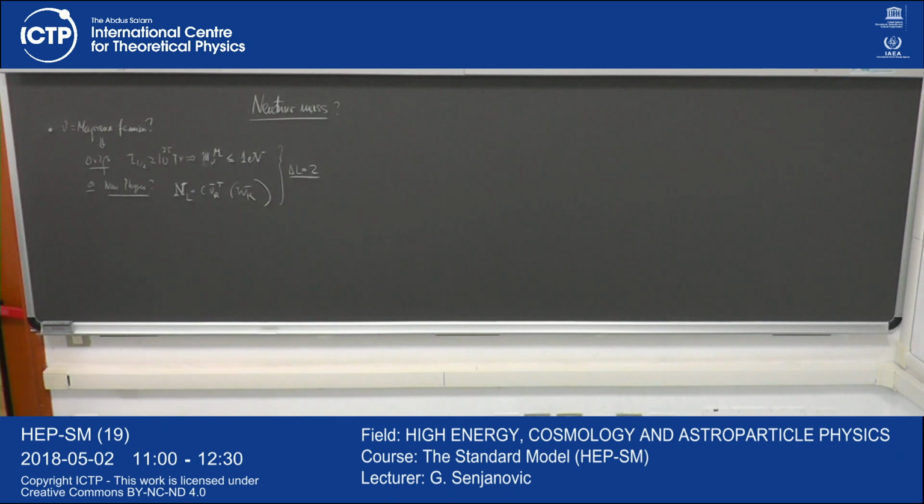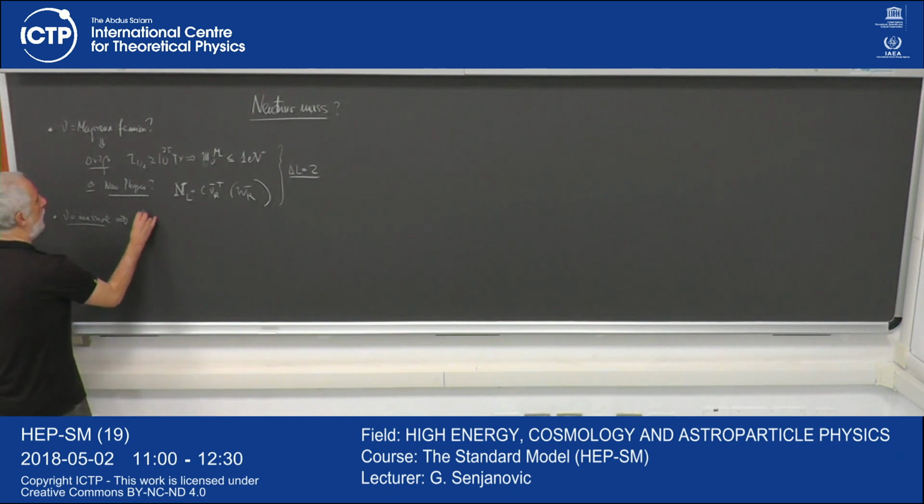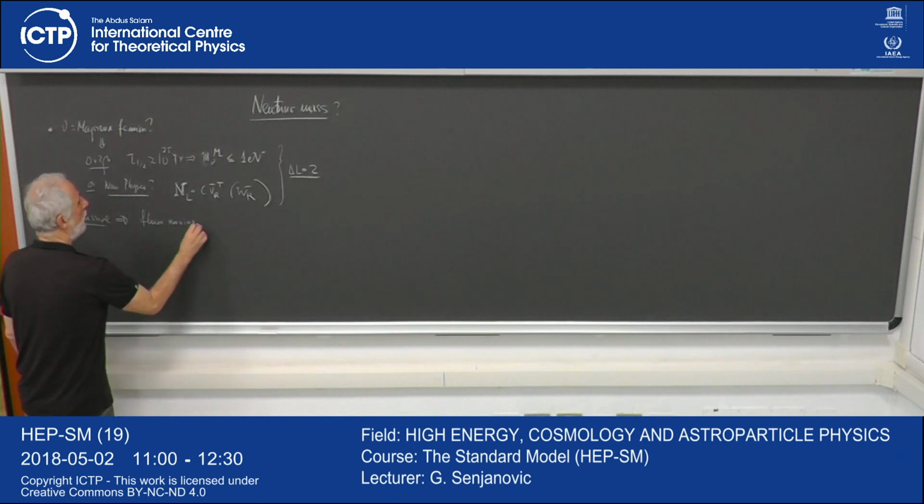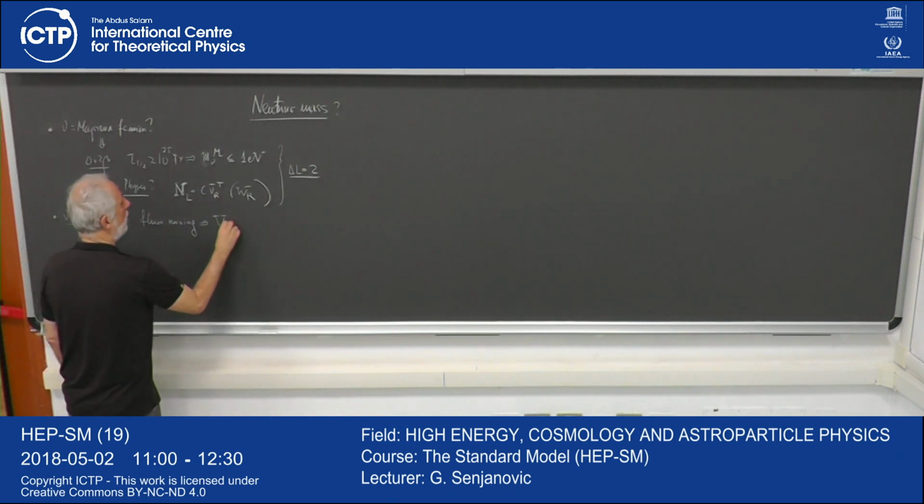Now, even if it's not a Majorana, even if it's a Dirac state, once the neutrino has a mass, so neutrino is massive, generically, or neutrinos, right? There are three generations. This would imply immediately the existence of flavor mixing. We will have the analogy with the Cabibbo situation, right? Cabibbo, Kobayashi, Maskawa. Okay, so we have flavor mixing. So in other words, we have the leptonic mixing matrix.